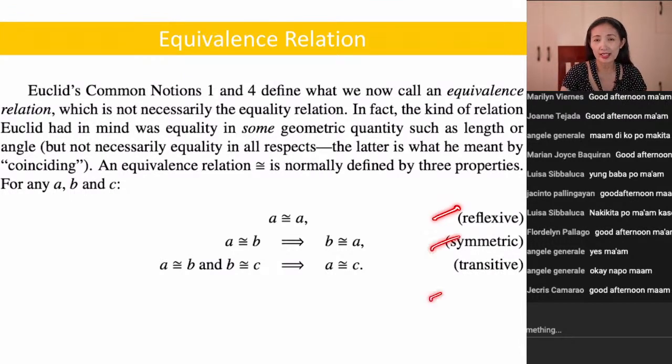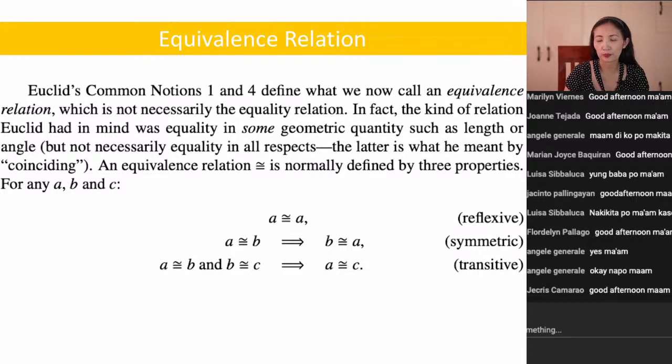Okay, so it says here that this came from common notions number 1 and 4 of Euclid. And an equivalence relation is denoted by this, defined by the properties symmetry, reflexivity, and transitivity. So it's not just the equal sign, but this one. Okay, so